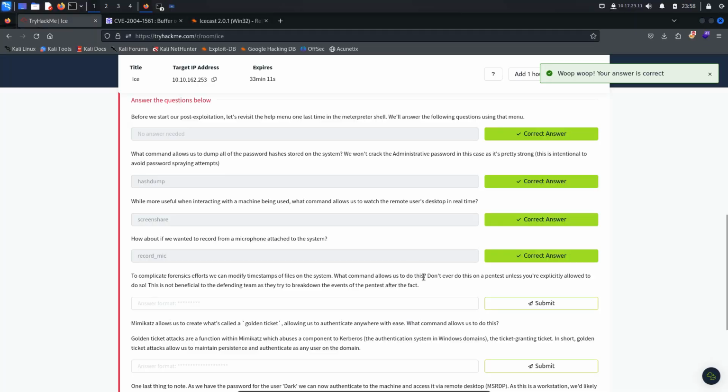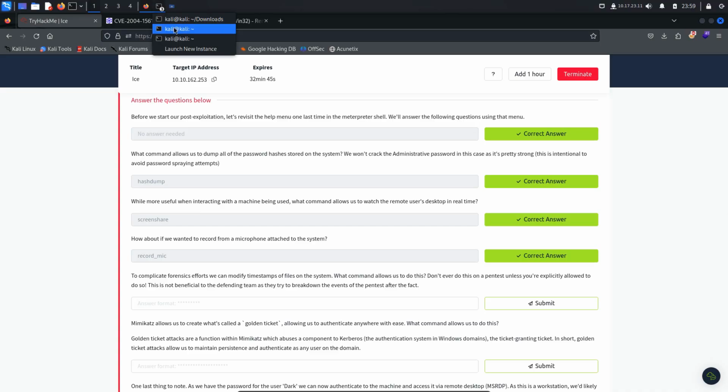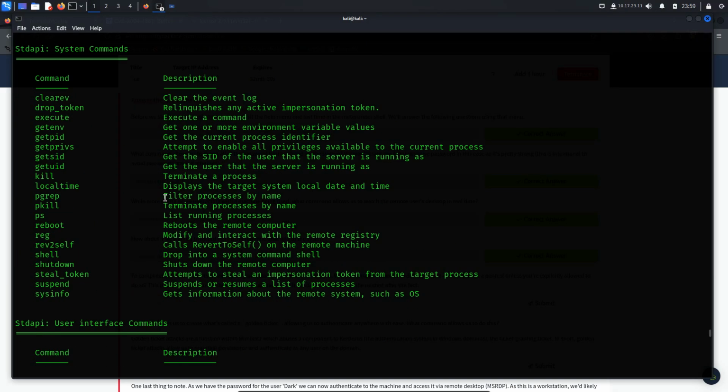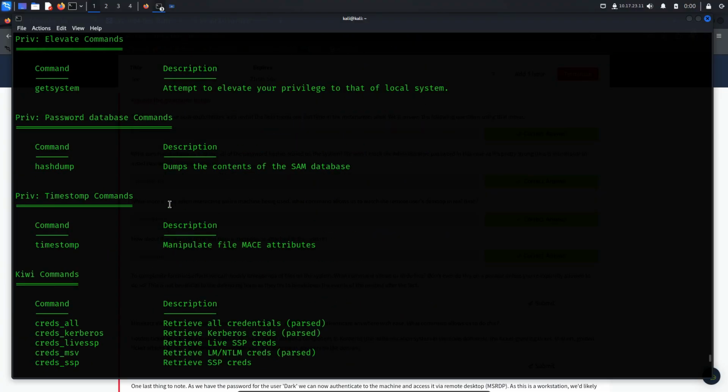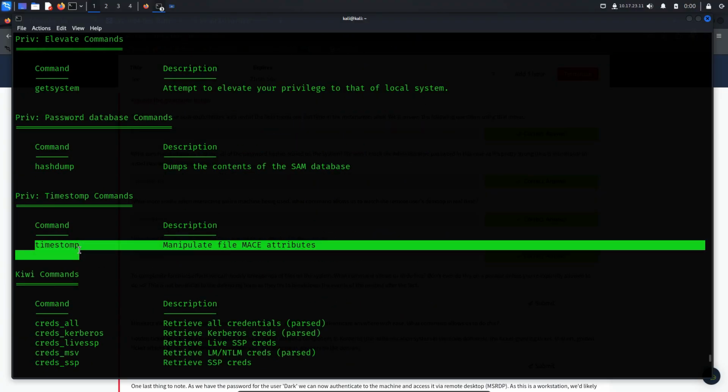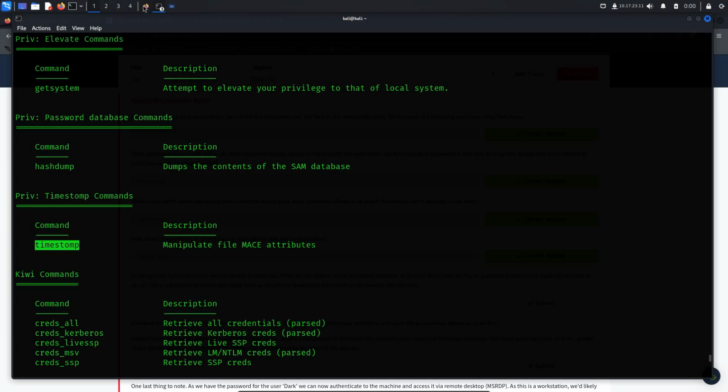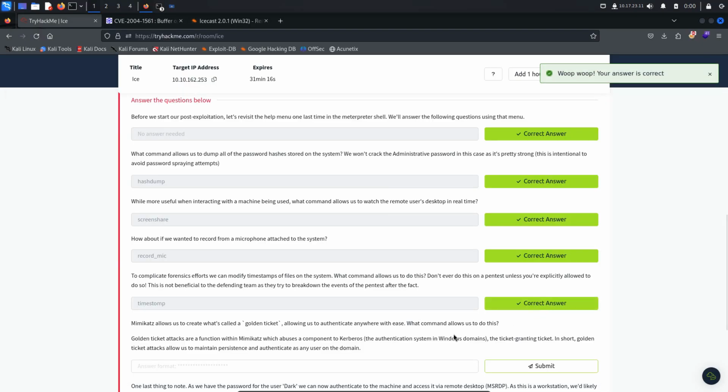To complicate forensics efforts, we can modify timestamps of files on the system. What command allows us to do this? The timestomp command can modify the timestamps of files. Now, proceed to the next question in this task. Important note, this action should only be performed if explicitly allowed, as it can complicate the forensic analysis of a